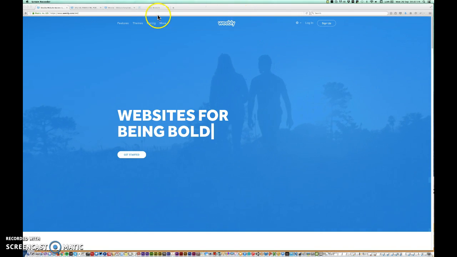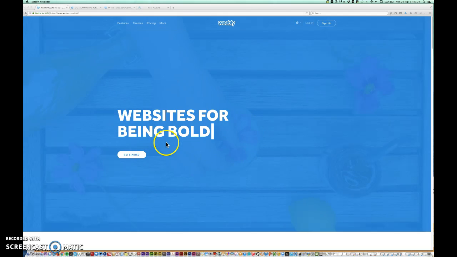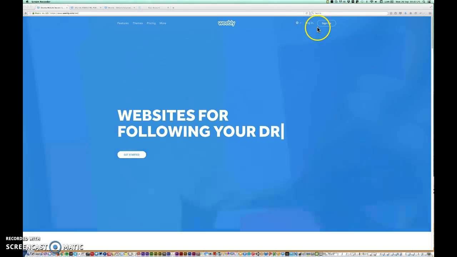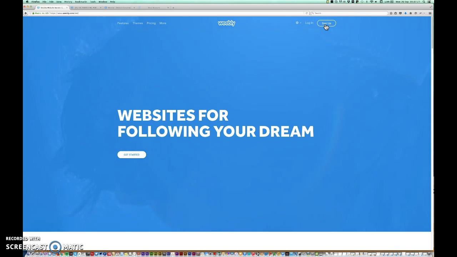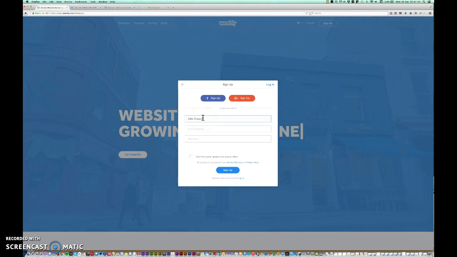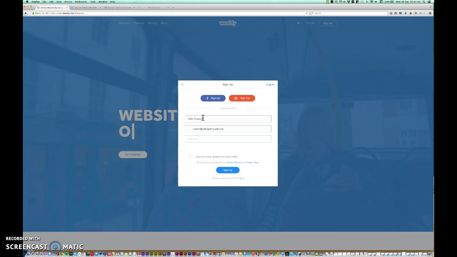Okay. Now this is the screen you will see. So you'll know you're on Weebly when you go to Weebly.com. Either you signed up already or logged in. When you sign up, you click on the sign up button. Just type in your full name, and I would advise you to create a junk mail email address. That's my junk mail address. I'm just going to pop that in there,